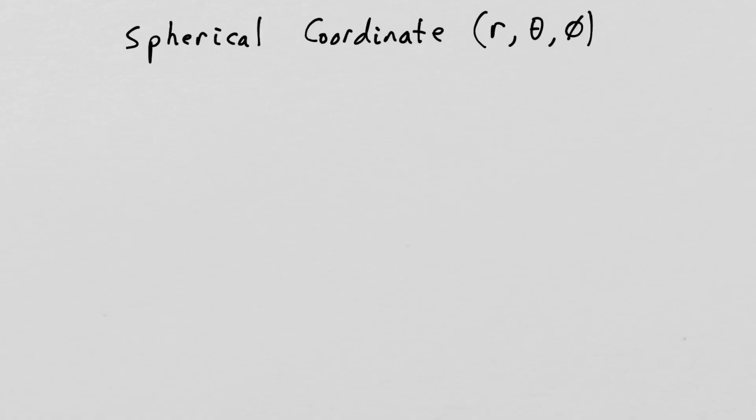The third coordinate system we will use in this course is the spherical coordinate system with the variables r, theta, and phi. I want to mention something that you'll have to get used to that is different than what you were taught in your math courses. Mathematicians in the U.S. switched the roles of the second and third variables from virtually all other scientists and engineers, as well as mathematicians in other countries. So this will prove to be some confusion early on that you have to get used to.